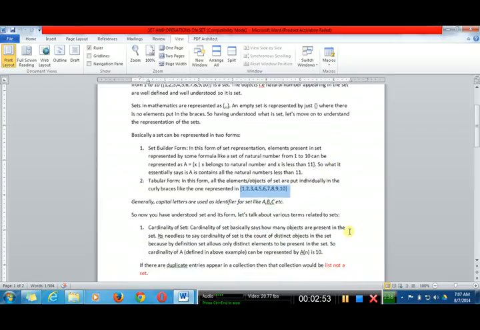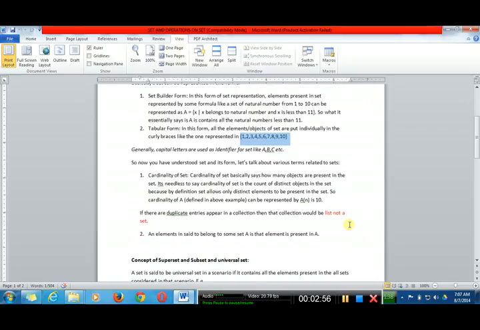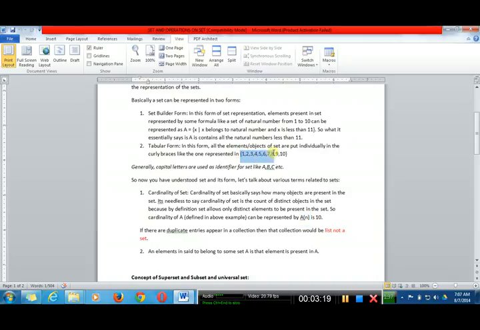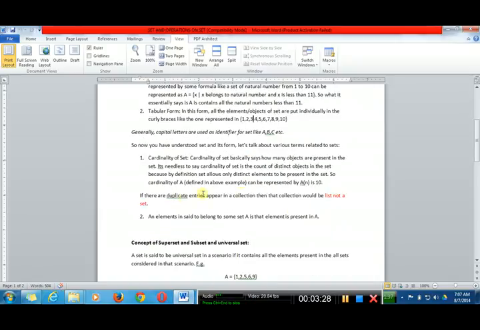Now an important point here is cardinality of set. Cardinality of set, or the size of set, is the number or count of the elements present in that set only. So we represent it by n in brackets, right? And the cardinality of the above set, that is the set of natural numbers from 1 to 10, is 10. Good. I told you that a list contains repeating elements. Sets do not contain any repeating elements.